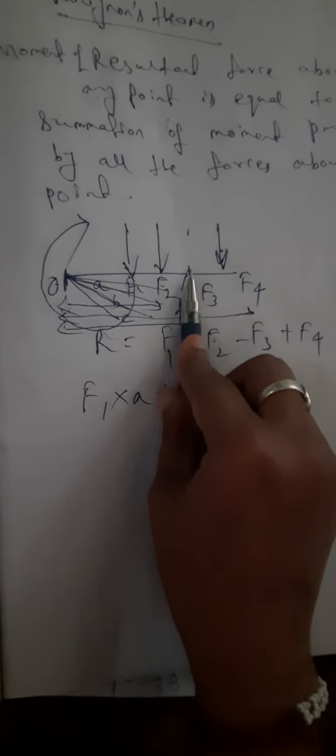Similarly, F2 will also try to rotate the body like this, so it also produces a clockwise moment, and it is also positive. So F2 into B. Then F3 is acting like this, so it will try to rotate the body the other way, which is an anti-clockwise moment. So it is negative: minus F3 into C, plus